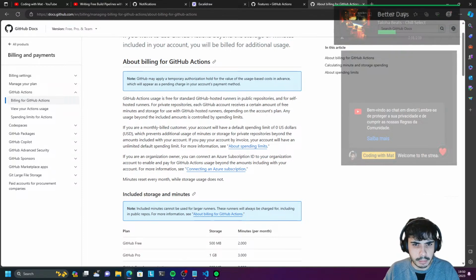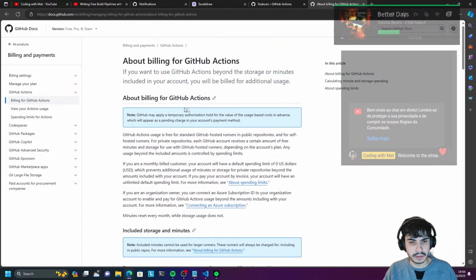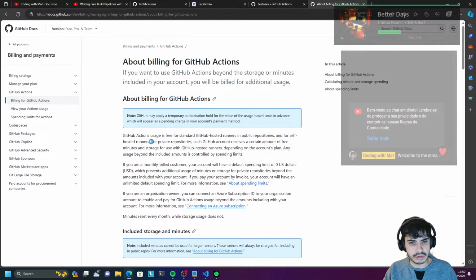So in GitHub hosted runners, GitHub hosted public repositories get free standard access. And for self-hosted runners, okay. For private repositories, each GitHub account receives a certain amount of free minutes and storage for use